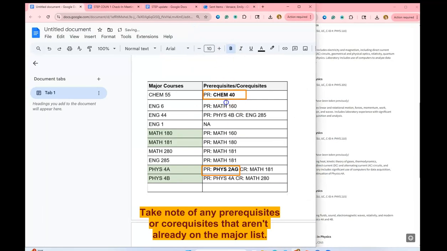Once you finish writing down all the prerequisites and co-requisites, take note of any of those courses that aren't already on your major list. So in this case, the student will need Chem 40 and Physics 2AG in addition to their major classes so that they'll meet all the prerequisites. This student placed in Math 180 on the AQ, so they don't have to worry about lower level math requirements